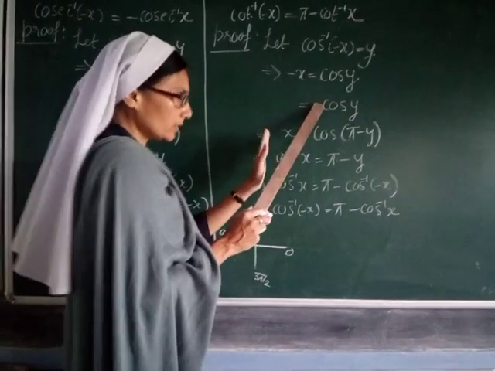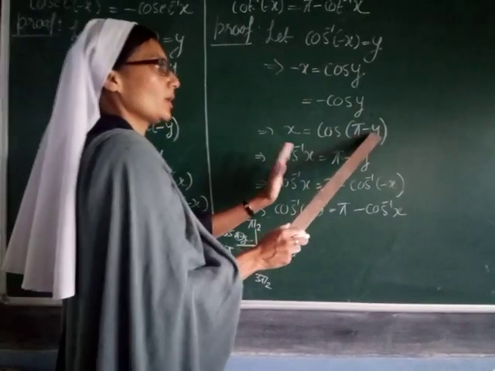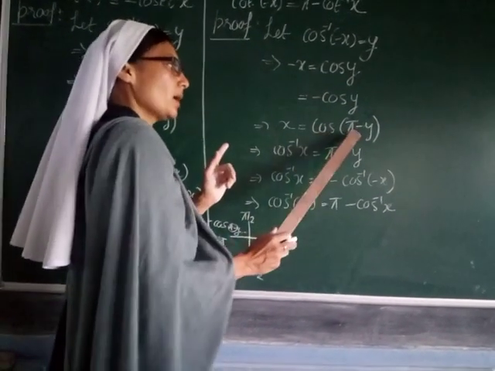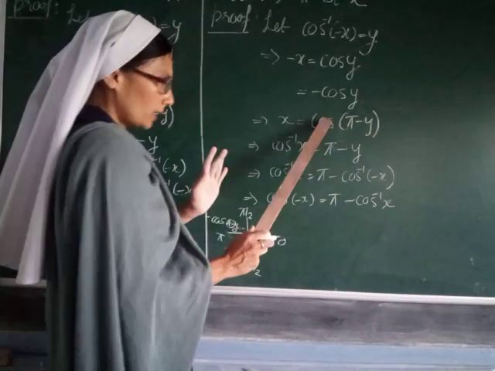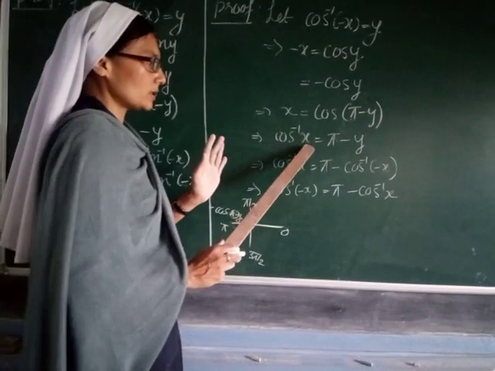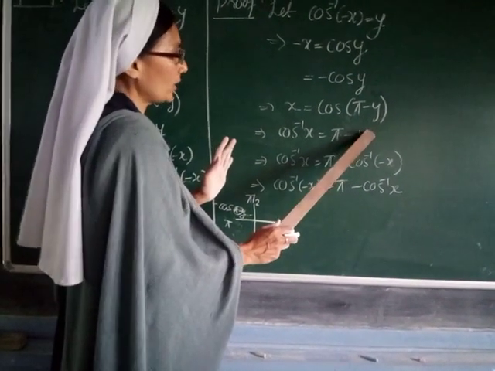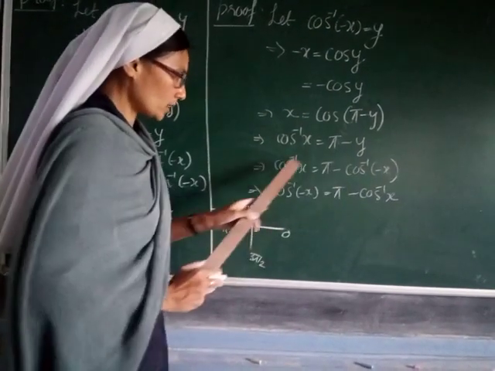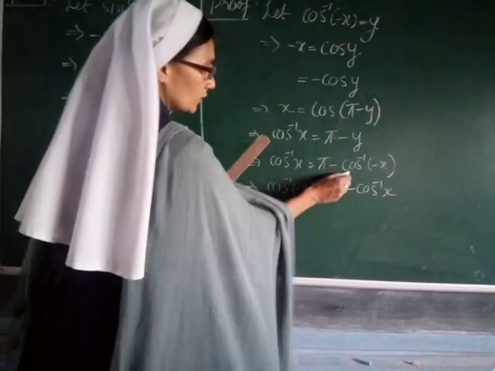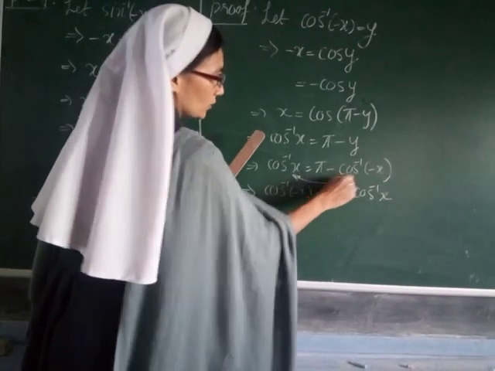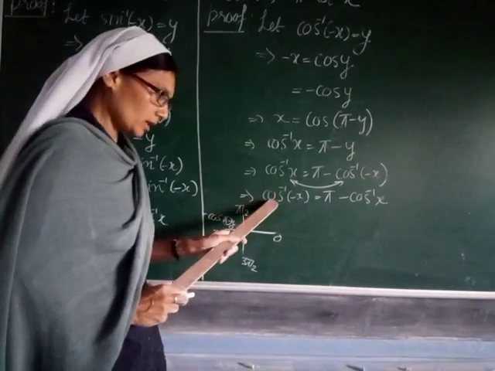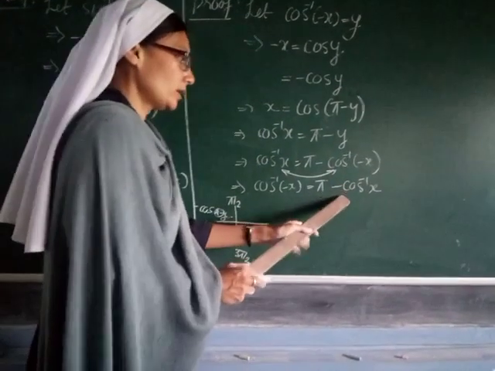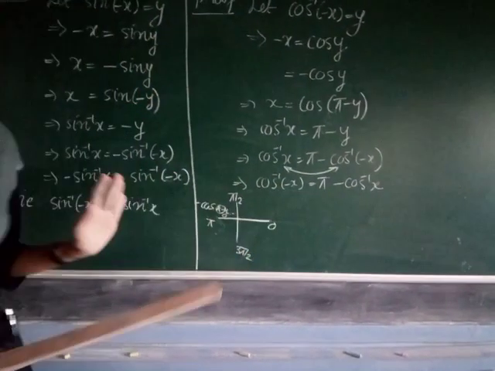If I want to cancel this sign, that means it will be in pi minus y form. So the sign goes, but it becomes cos pi minus y. Transfer cos here as inverse, cos inverse gives pi minus y. Put the value of y there, cos inverse minus x. Then this you transfer here and this you transfer here, just interchange these two. So minus cos inverse minus x comes here, becomes plus, and this cos inverse x, which is plus, transfers here and becomes minus, and that is your proof. Thank you very much.